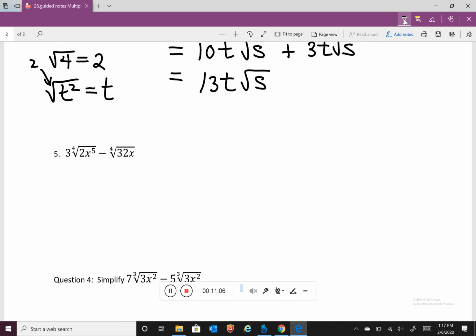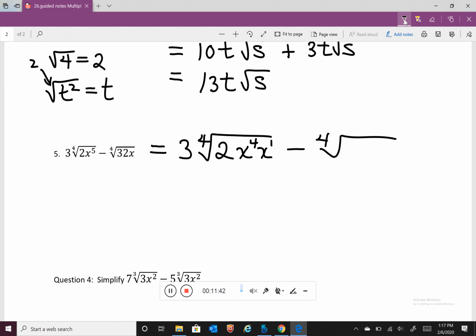Our next example, we have 3 times the 4th root of 2. There's nothing I can do with 2. 2 is a prime number. It does not break down. But then we have also the 4th root of x to the 5th. And x to the 5th actually contains 4 factors of x and 1 that is extra. So 2 times x to the 4th with 1 extra factor of x, minus the 4th root of, now 32